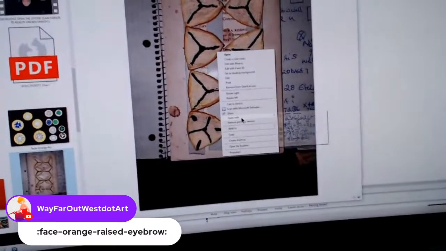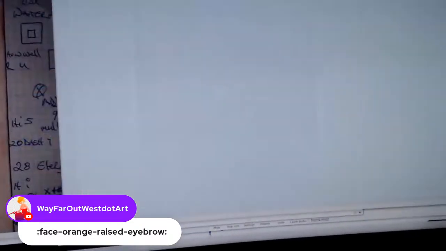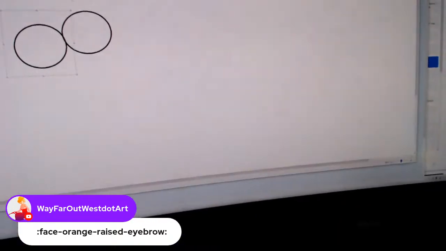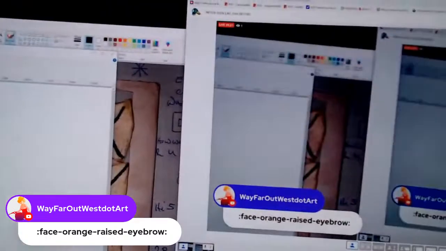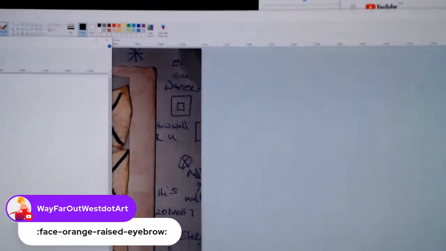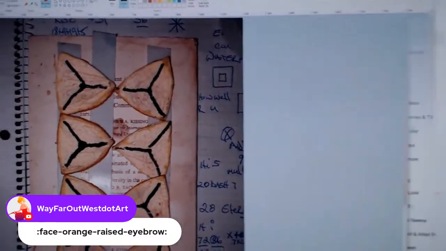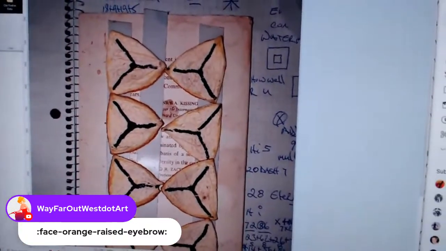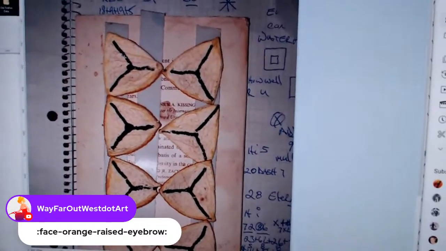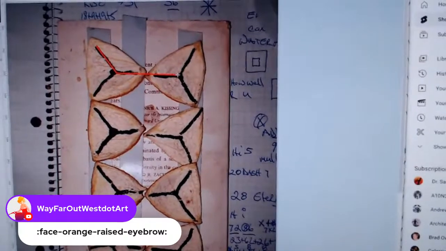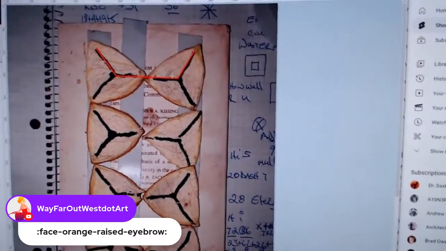And I'm going to open this with paint. So let me see if I can just get some stuff out of the background here. I wanted to work on these circles in a minute. Okay, and this is over here. Let me move this to the side. Let me just show you this for a second. So what happens here is I can go from here to here to here, right? And